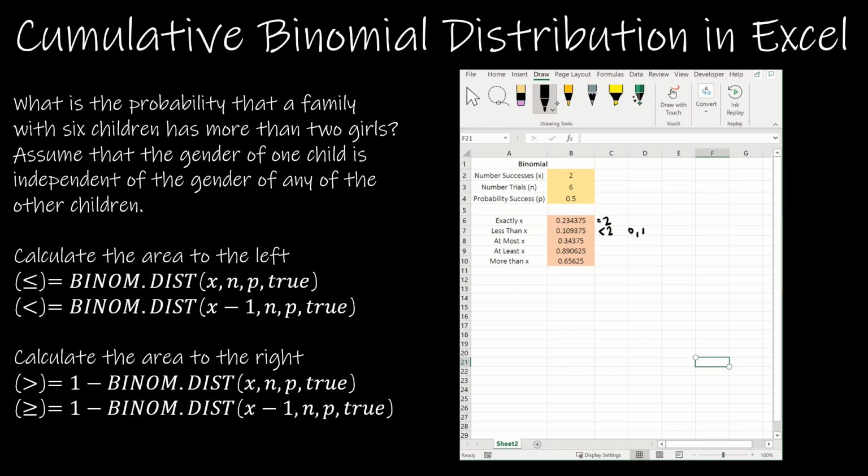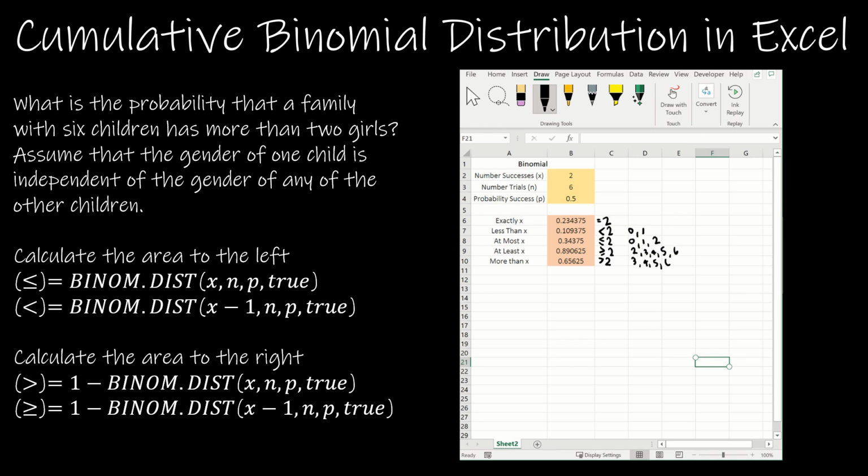At most 2 would be less than or equal to 2. So that's 0, 1, or 2. At least 2 would be greater than or equal to 2, because that would be 2, 3, 4, 5, 6. And more than 2 would be greater than 2, which would be 3,